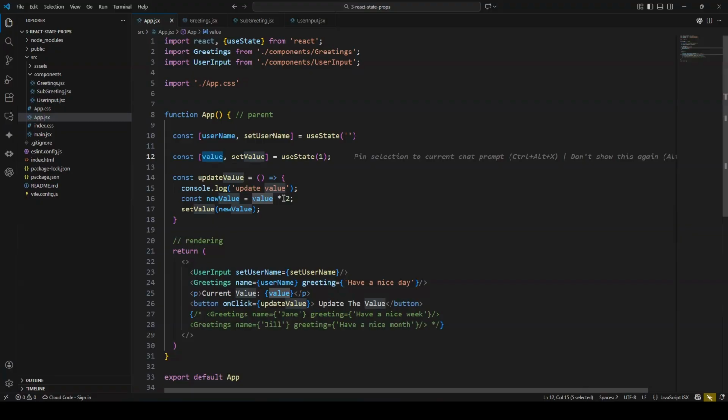Then I'll come to set username and username. The set value part makes sense to me. Do you mind going over the value part one more time? Value is a variable and set value is a function. So I use the variable to display something on the UI, and I use the function to change the value of the display